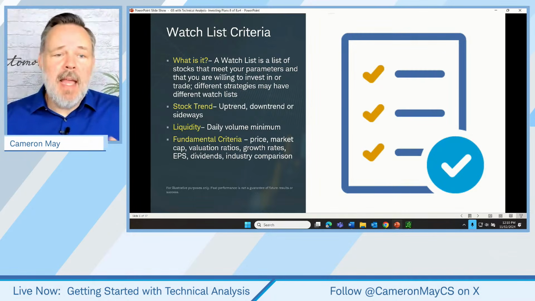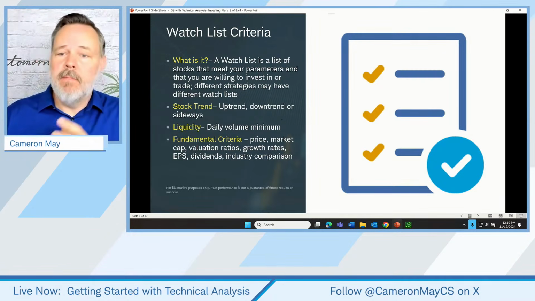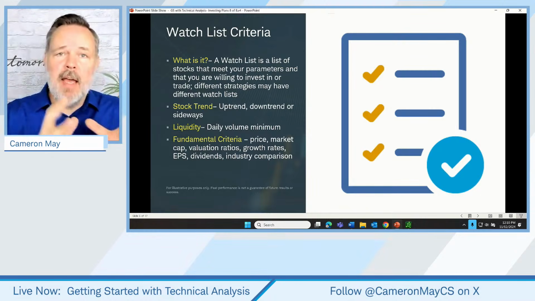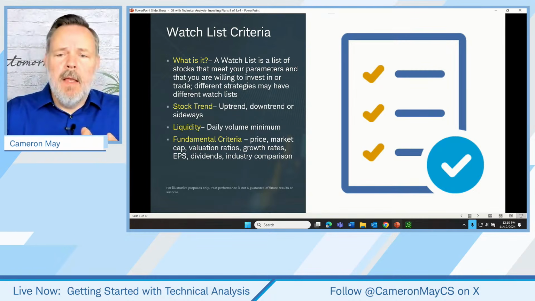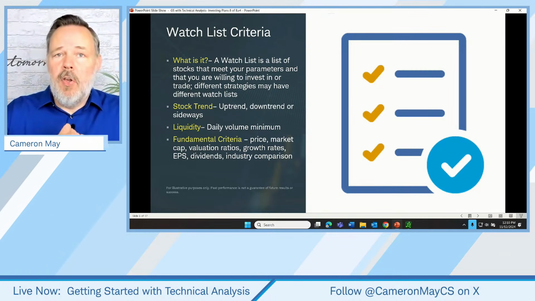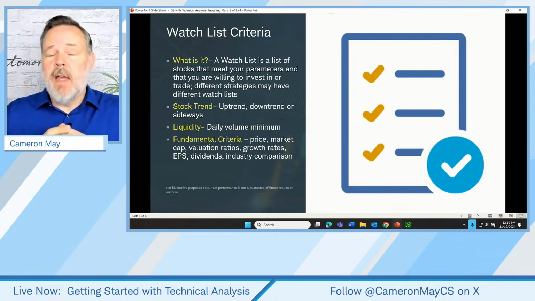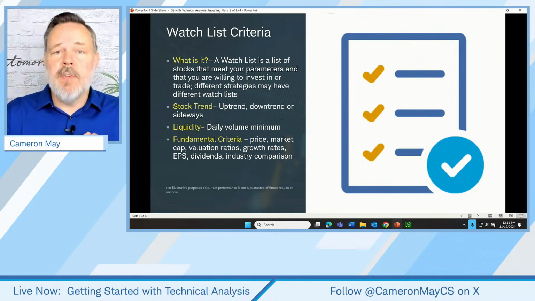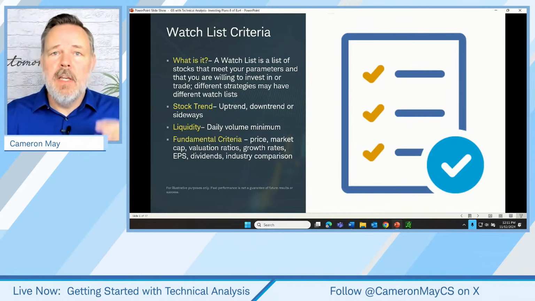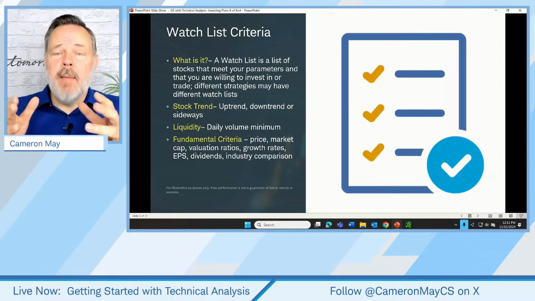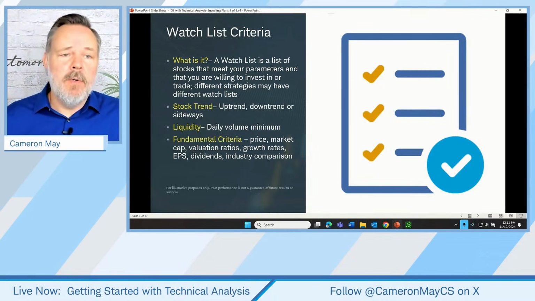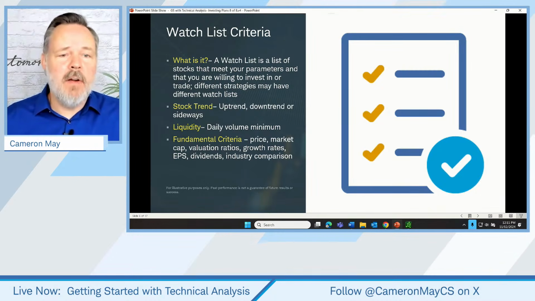Different strategies may have different watch lists. So traders might have a short-term approach and they have a list of stock candidates for their short-term approach to trading. They, at the same time, may have longer-term trades that have a different set of criteria. For example, short-term traders commonly don't pay as much attention to the fundamental strength or weakness of a company as maybe a long-term investor who might be committing for a longer period to a stock. So generating our watch list criteria, that's what watch list criteria are.